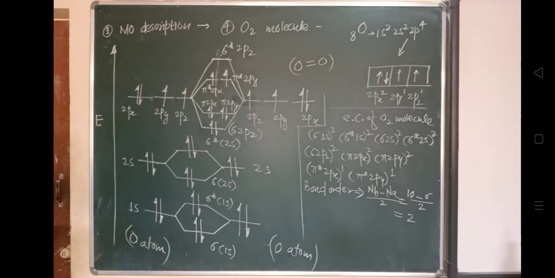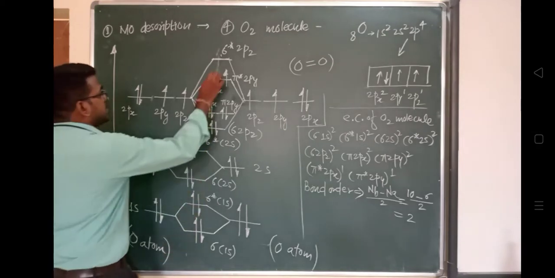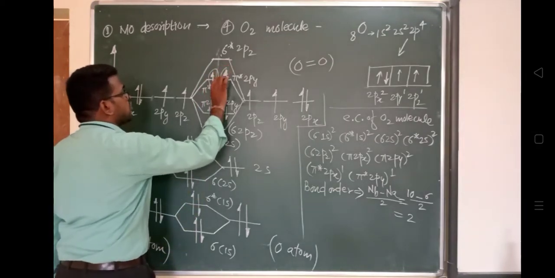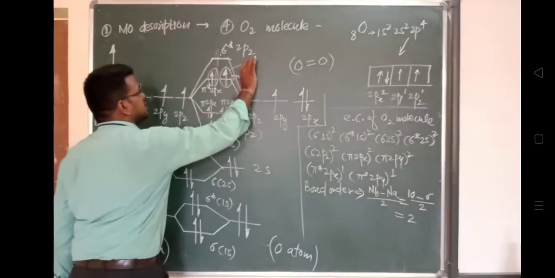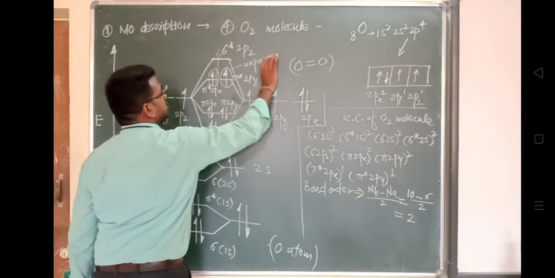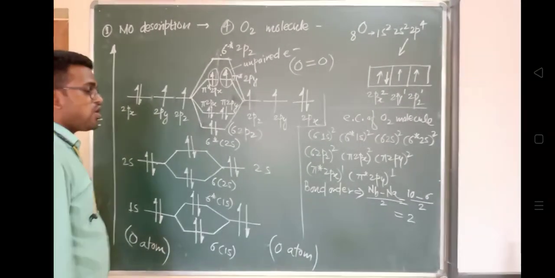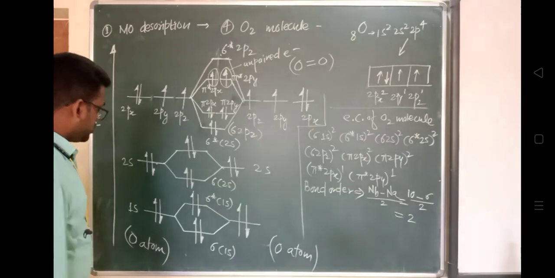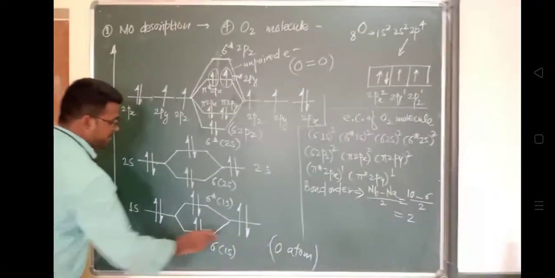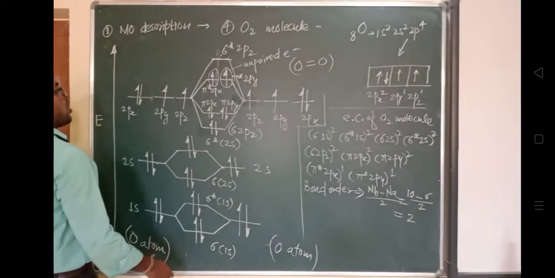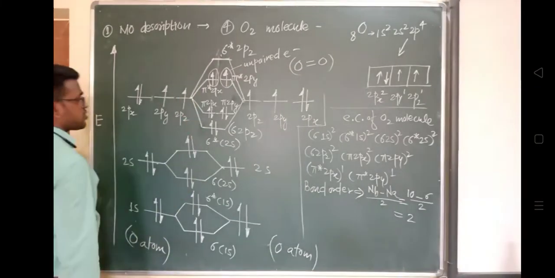The O2 molecule is paramagnetic. We have seen all the other molecules show diamagnetic nature, but have a look at this. It has unpaired electrons. And we know that in the case of unpaired electrons, this molecule will show paramagnetism. So these two oxygen atoms combine to form this oxygen molecule. The middle one is the configuration of the oxygen molecule.